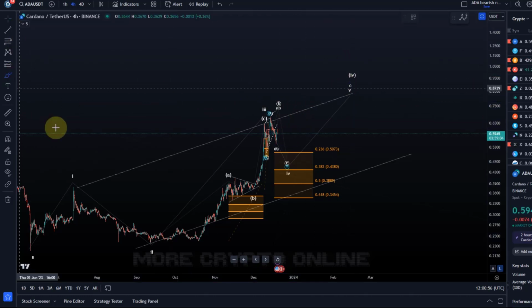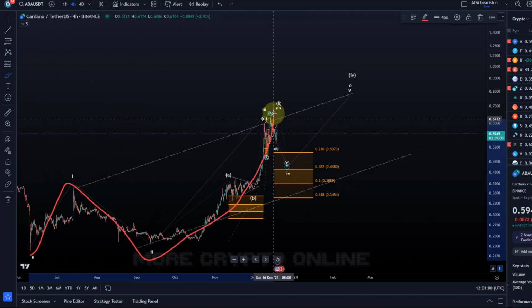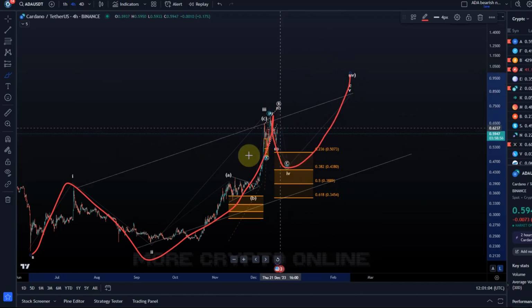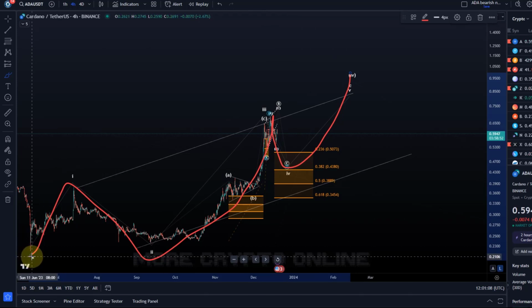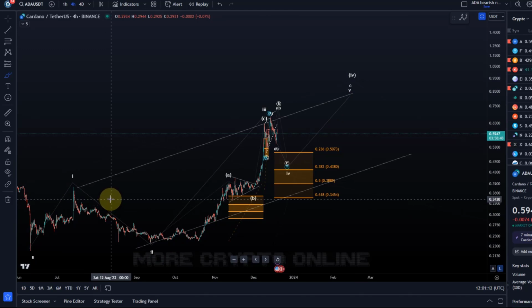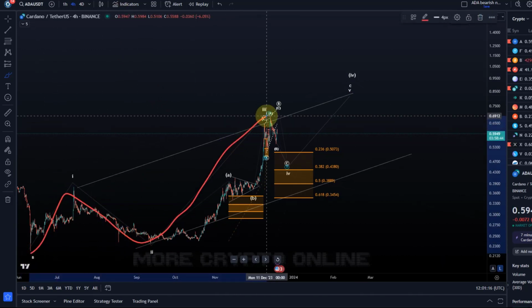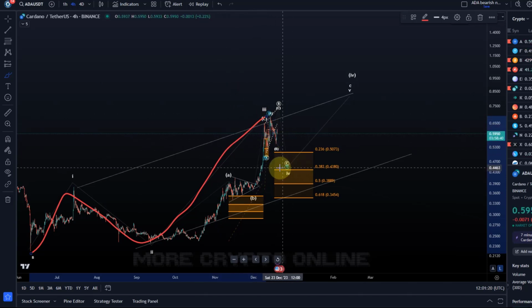The idea is to understand that this here is likely a 5-wave pattern to the upside. And we only have 3 so far, so I'd like to see another 4 and 5. Would really like to see that, because that would give us at least a first confirmation that a lasting low has been established in June. So it seems that we have completed 3 waves, 1, 2, 3. And basically in the 4th wave,